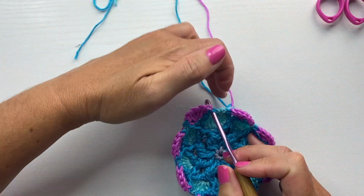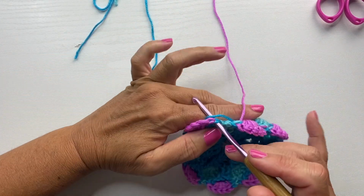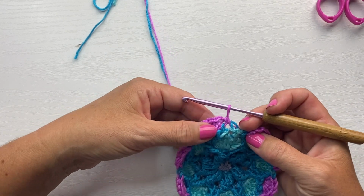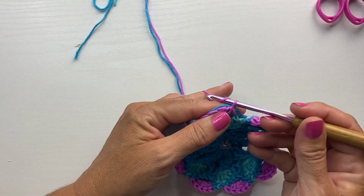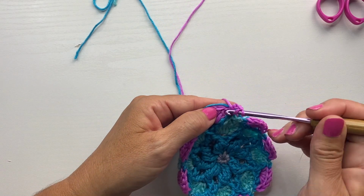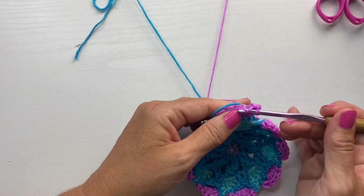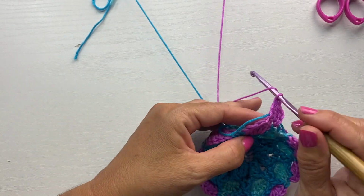We'll slip stitch into the top of this first post stitch with color D to start carrying it over, and then slip stitch into our first stitch of color D, the first of those 5 double crochets, and that's where we're going to begin the round. Starts with a chain 3, which counts as a double crochet, and a second double crochet in that first stitch, then 1 double crochet in the next double crochet, and don't forget to be carrying color B as you go,